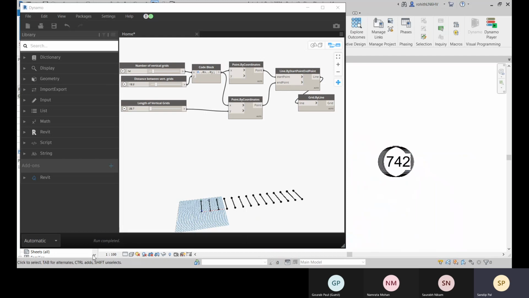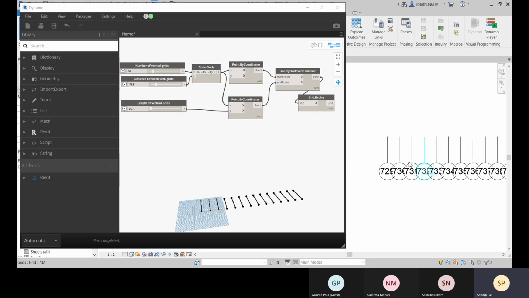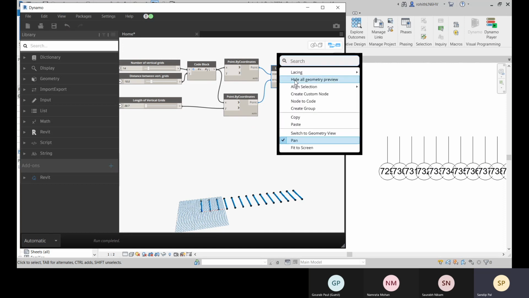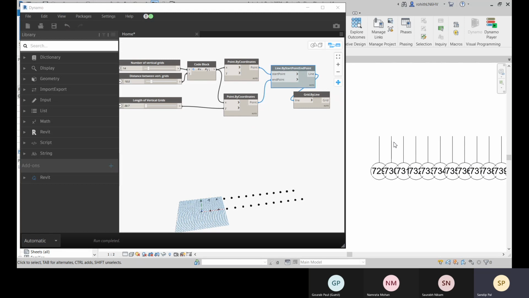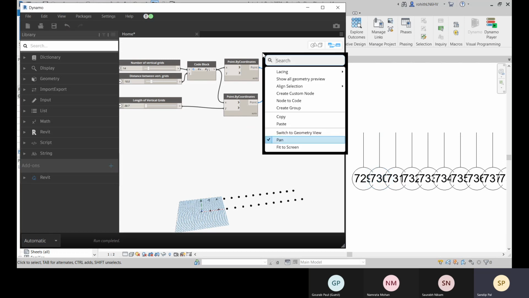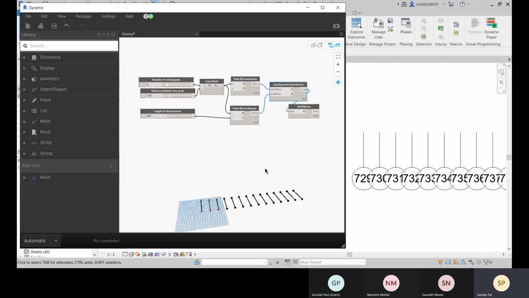So let me just change the scale, 1:2. So here you can see, right? It is there. Now let me just hide this one. Right click and hide geometry preview, and here it is, run complete. So this is a pure grid line right now. Okay, and right click, show geometry preview.